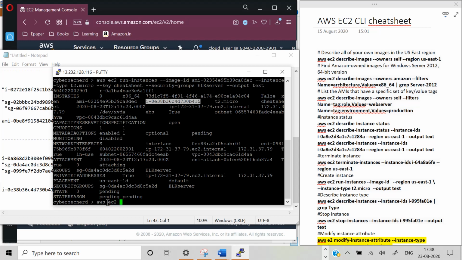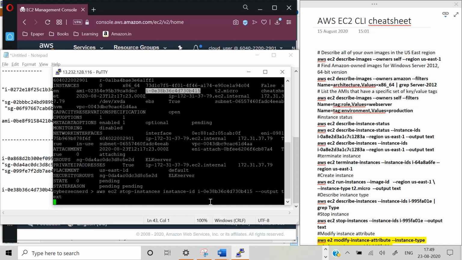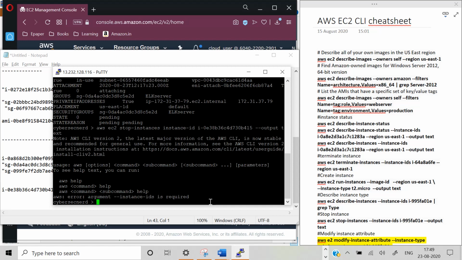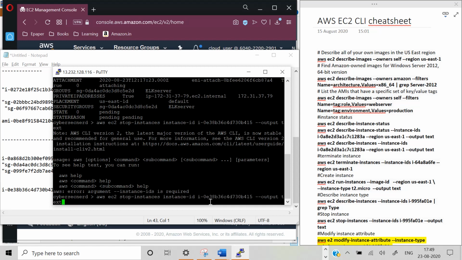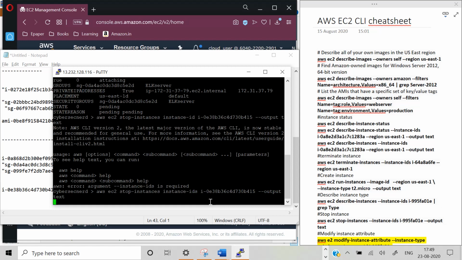AWS EC2 stop instances, instance ID. I will give the instance ID, it should be this, and output text. Sorry, there is some error in the instance IDs.